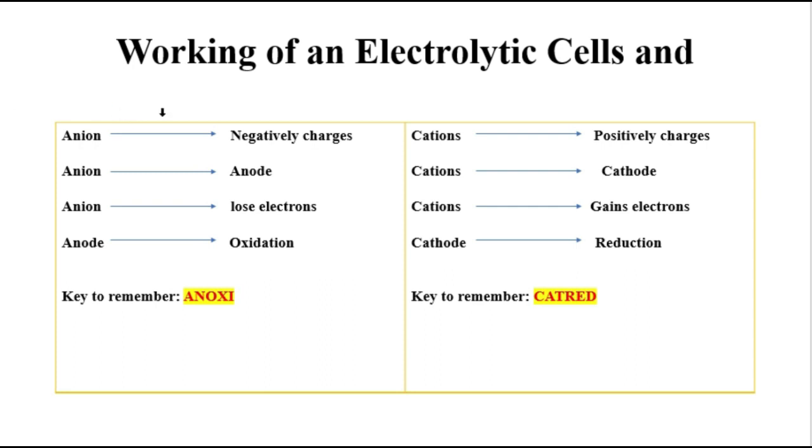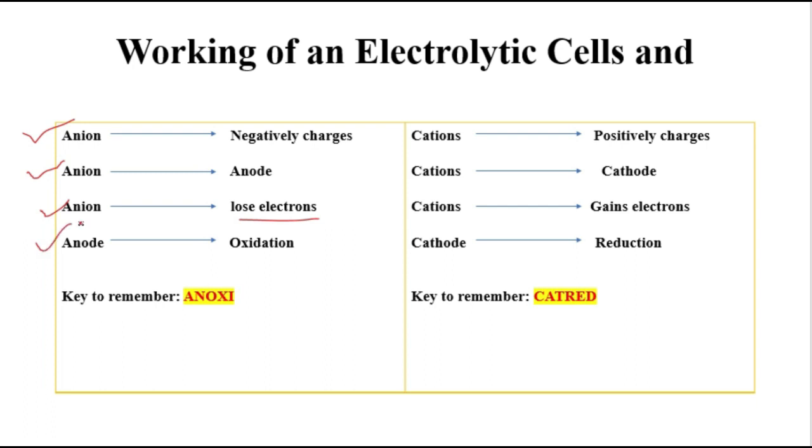First of all, keep in mind that an anion is negatively charged, and the anions go to the anode. At the anode there will be loss of electrons. As we are familiar, loss of electrons is called oxidation, so we can say that there will be oxidation